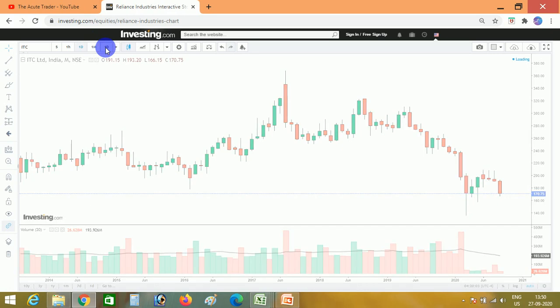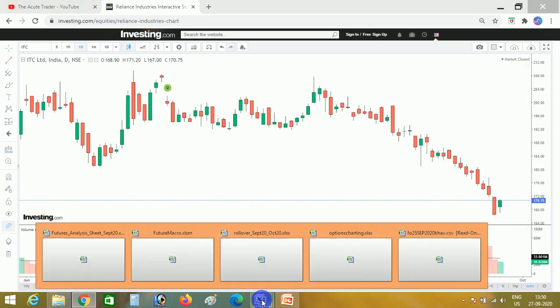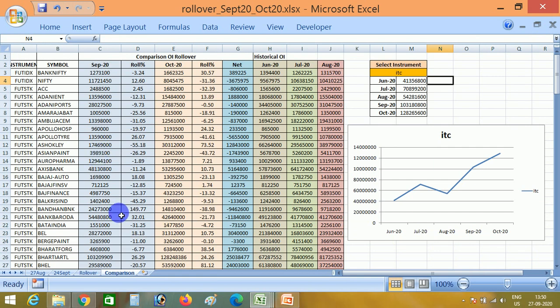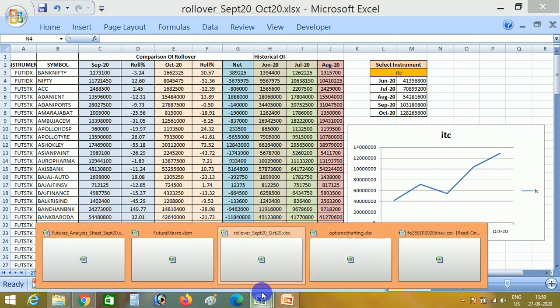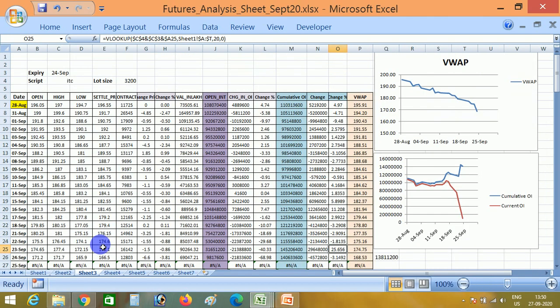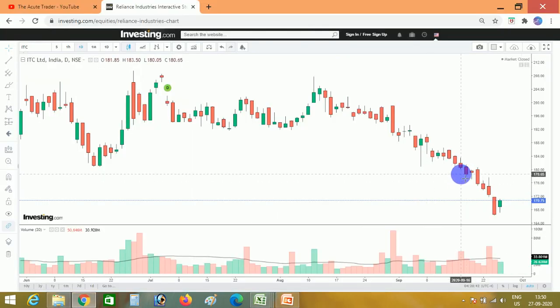So if we check ITC data on daily basis candle, and if we want a more detailed analysis for ITC, we can do one thing. We can check ITC data on daily basis. If we check the ITC data on daily basis on the September series, we will check at what dates ITC has built up data like this. So 11% build up in ITC is on 16th September, 25% build up in ITC is on 23rd September. If we check both dates on the chart, this candle is for 16th and this candle is for 23rd.